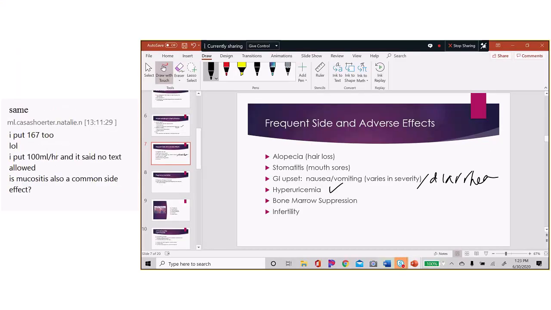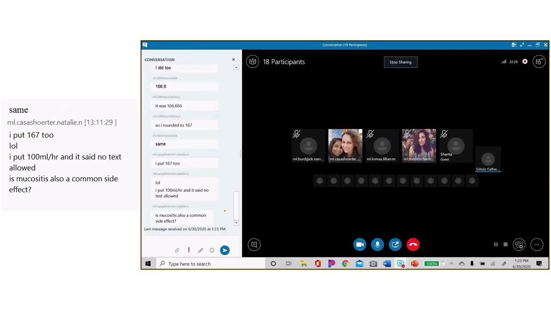Hyperuricemia, that was one of the reasons when we talked about allopurinol that people